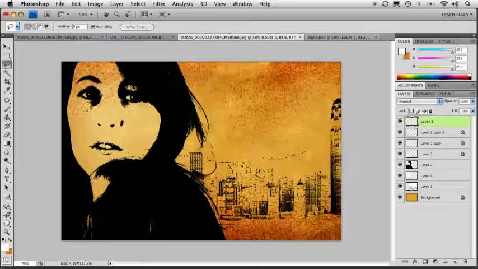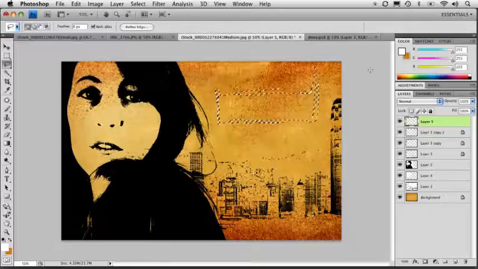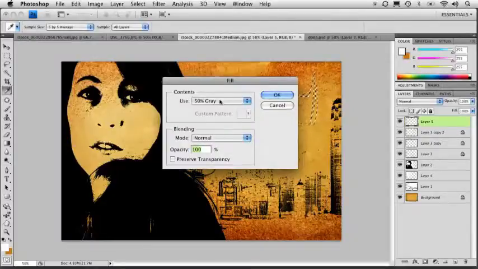So you saw what I did. I'll do it one more time. Starting right here, I'm just going to kind of zigzag around, keeping in mind the shape that I'm trying to achieve, which is a square. And we'll come right back to where we were. Maybe a little swoop out there, and there we go. So there's a selection. On a blank layer, I'm just going to hit Shift-Delete to bring up the fill here,